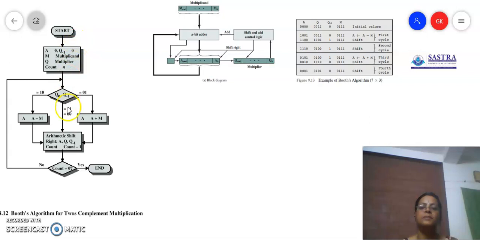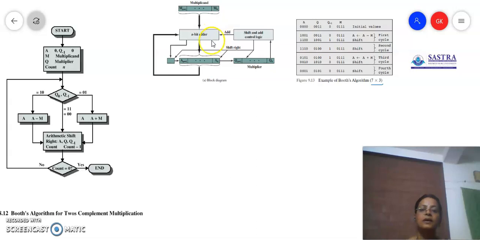The algorithm is represented in the form of the flow chart, and we are going to trace the values, how it happens. For a given example, we are going to multiply 7 into 3. Of course, the example we have discussed is going to be the both-positive case. The same thing will work for a negative multiplier also, maybe that can also be traced. This is the algorithm, and as far as the hardware is concerned, the hardware is going to be the